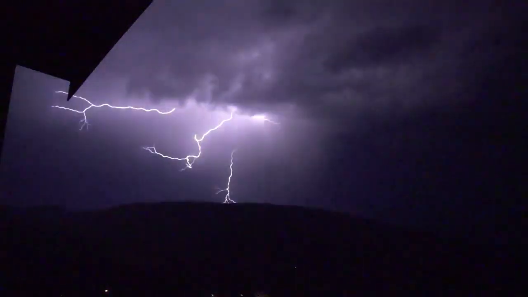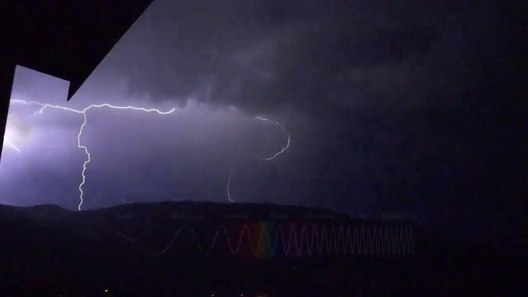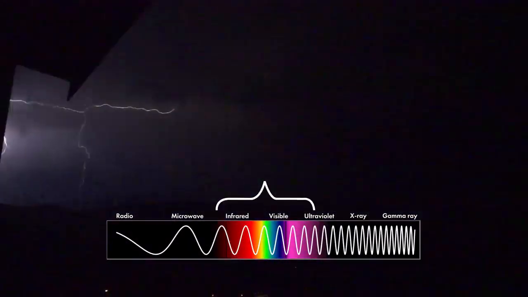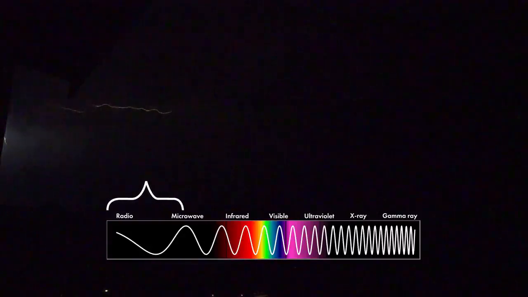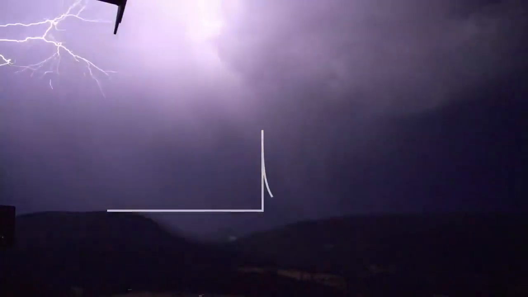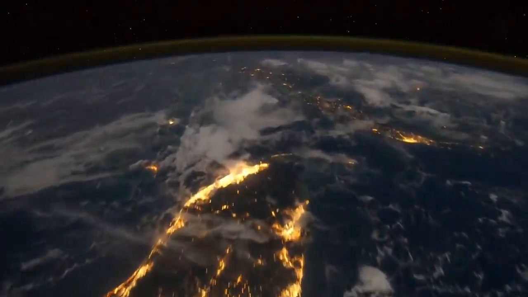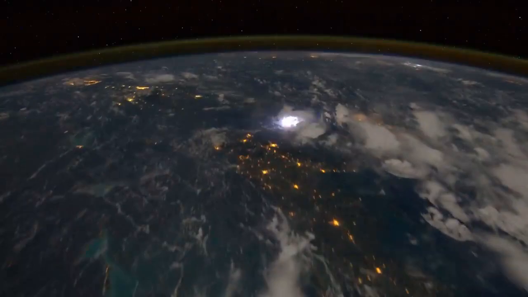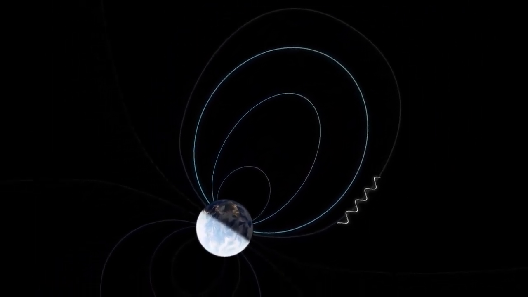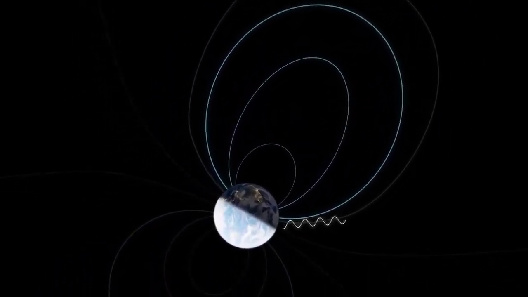Okay, so did you know that it's possible to detect lightning from the other side of the Earth? This is because lightning produces a flash of electromagnetic radiation in all parts of the spectrum. I mean, we see the white light, but there's also broad spectrum radio waves which are released. And if you were nearby, you could detect those as a pulse. But the very low frequency radio waves can actually travel up and out of the atmosphere, and they get guided along the Earth's magnetic field lines out several radii from the Earth, and then back down where they can be detected in the other hemisphere.